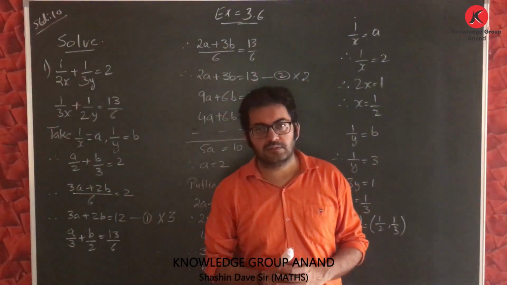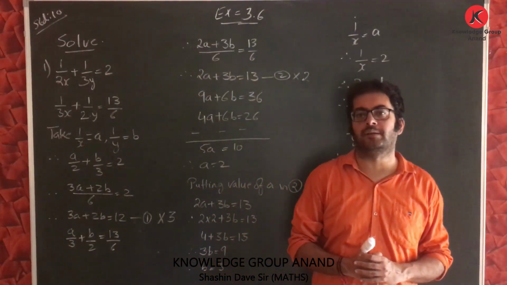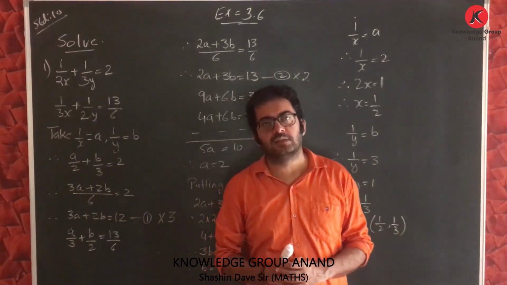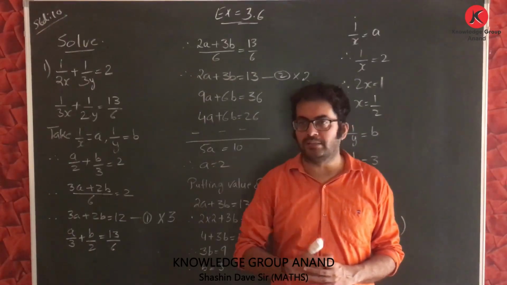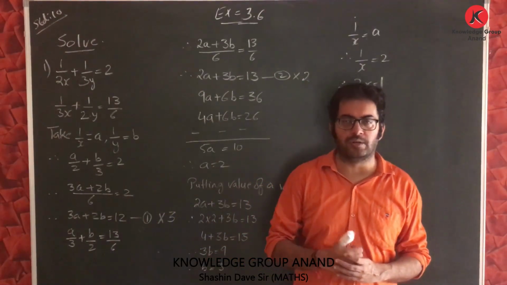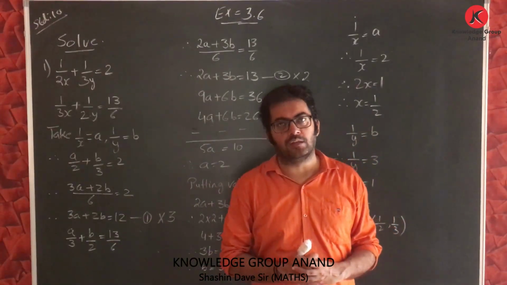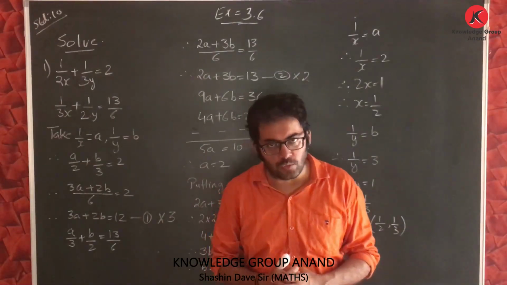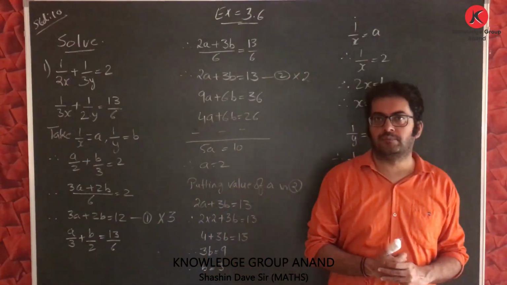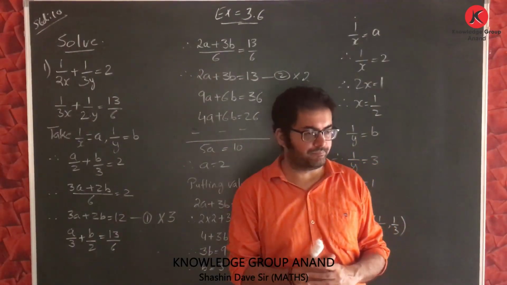In the previous session, we studied example number 17 and example number 18. The difference in those examples was that the x and y were in the denominator part. So our assumption part was a little bit different. We took it as a and b, and from the values of a and b, we found the values of x and y. So today, using the same method, we will solve certain sums of exercise 3.6.